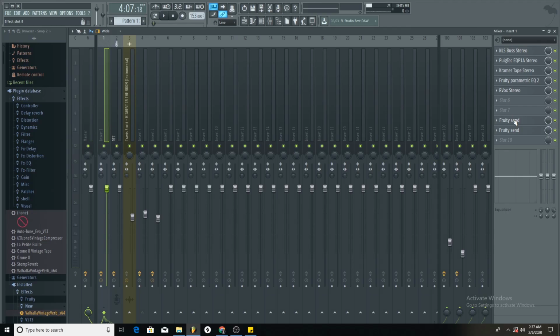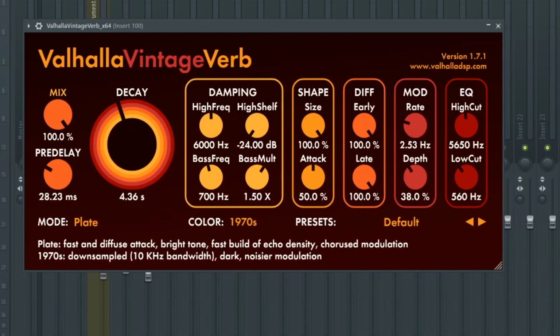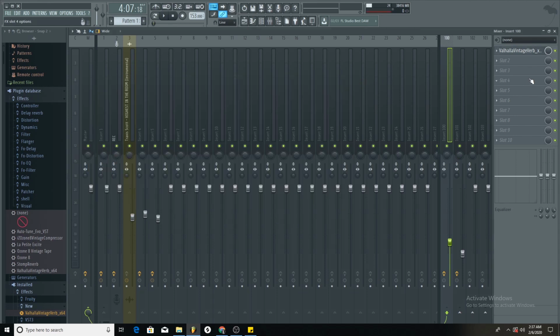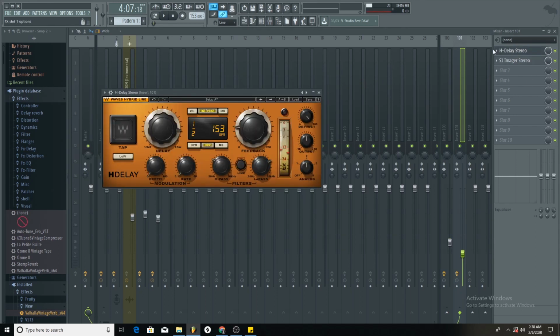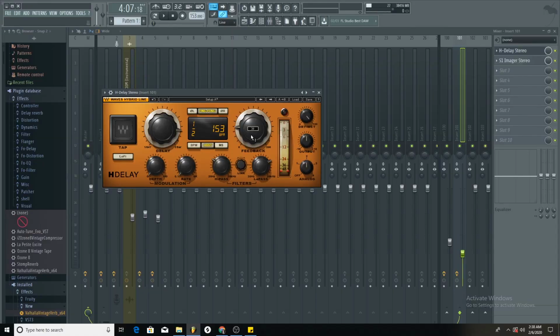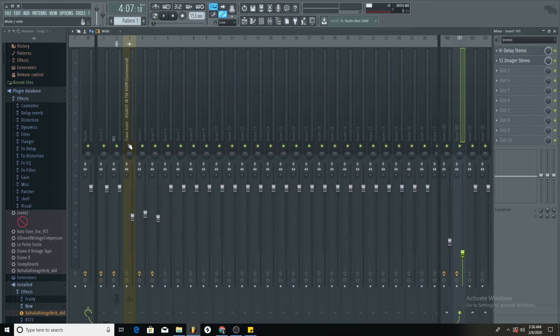This plugin does that. And then I have two sends. One send is for my reverb. One send is for my delay. I have the Valhalla Vintage Verb right here. Beautiful plugin. I have the plate setting, 4.3 decay. And then I have a half bar delay, feedback is all the way up. Half bar delay tells the signal when to activate, a half bar after, and it's blended perfectly. So let me just play you.